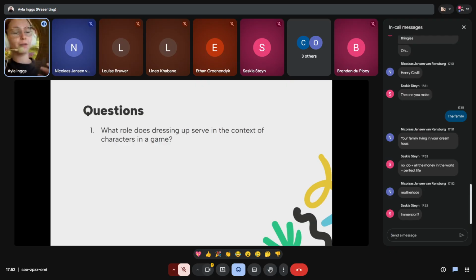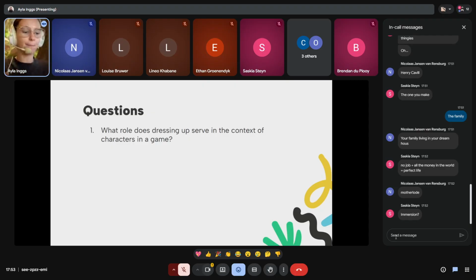For LARPing, for example, it helps with the narrative, it helps with the immersive feeling, it helps with your acting. But for board games, if you had to dress up as a character from a board game, it might feel a little bit weird, a little bit out of place. But for a tabletop game like D&D, you're dressing up as your character because you have to do role playing, because it helps you immerse yourself into the character. So the main reason that we dress up for our characters in games is for an immersive purpose, to give us a sense of belonging and a better understanding of a character within our game.